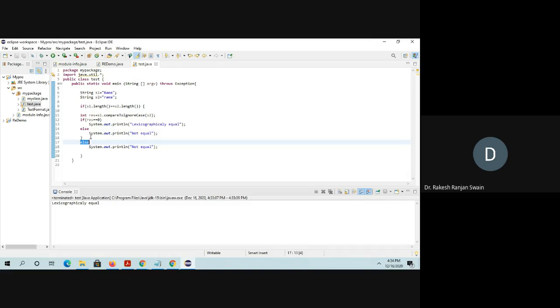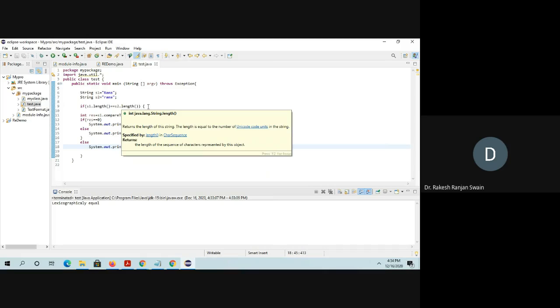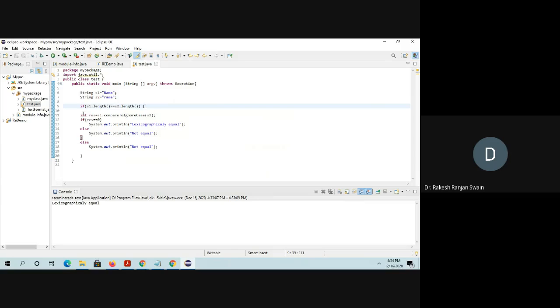If this condition is not satisfied, it goes to this else, and 'not equal' will be printed. If the lengths are not equal, again inside this, see, I have written two if-else. Here the if is: if res equals 0, meaning if the compareTo method finds the two are the same, it returns 0. Then this statement will be printed.